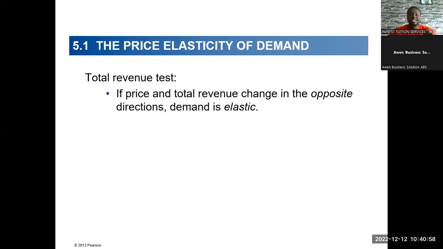Now, if price and total revenue change in the opposite direction, demand is elastic. So if you increase price and total revenue falls, demand is what? Is